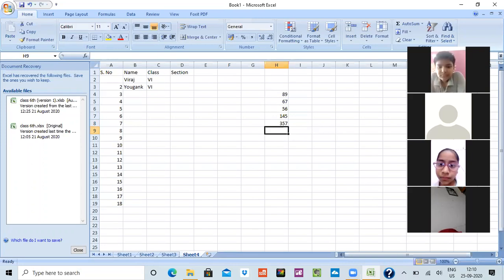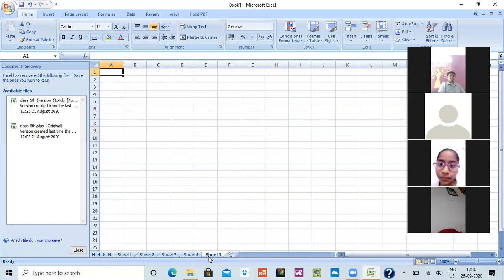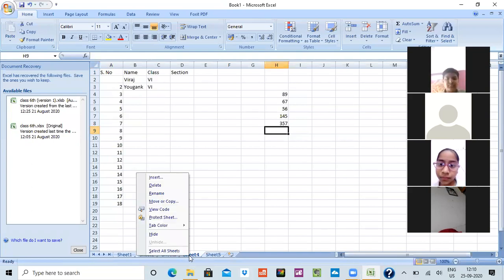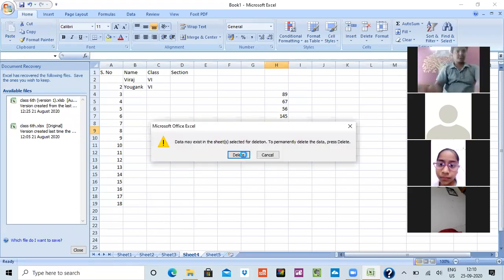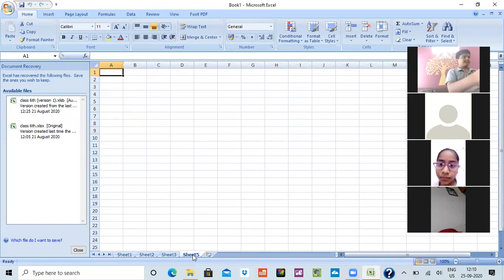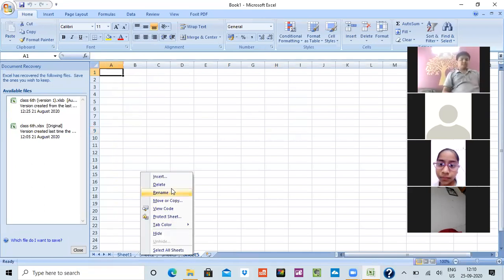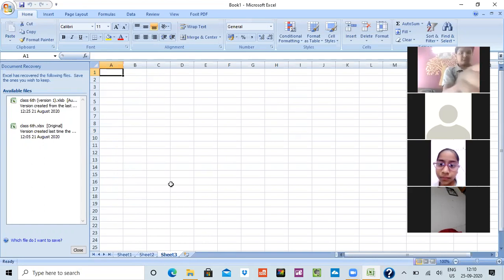Now let's come to the next thing, that is adding or removing a worksheet. For adding, it is very easy. I have told you, you have to click over here. See, this is insert worksheet and your worksheet is inserted. And for removing, just go on the sheet, click over here. See, the delete option is coming and the sheet is deleted. See, again, right click, delete, and the sheet is deleted. In this way, I can delete the sheet also.